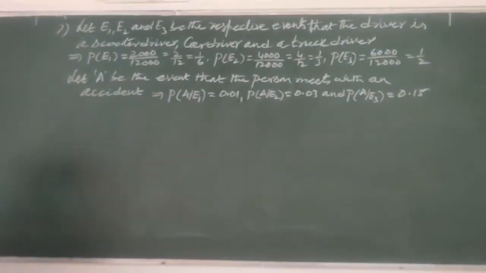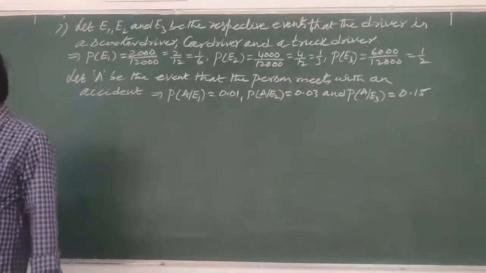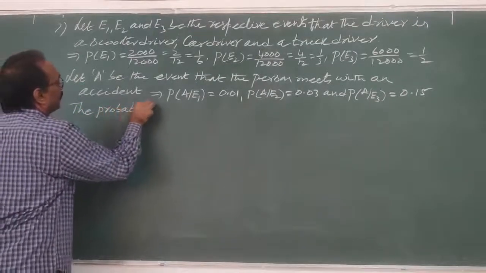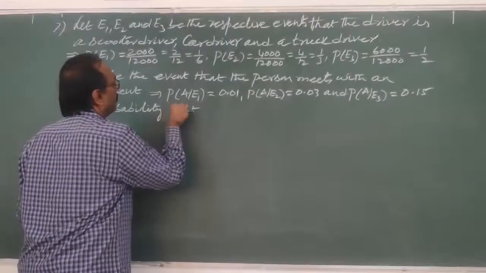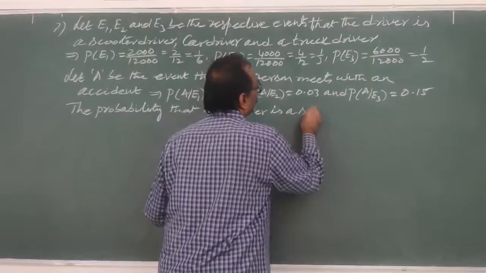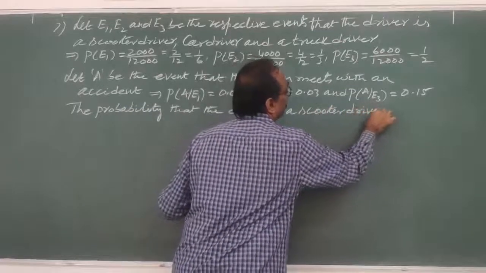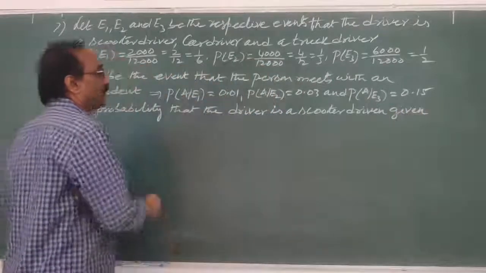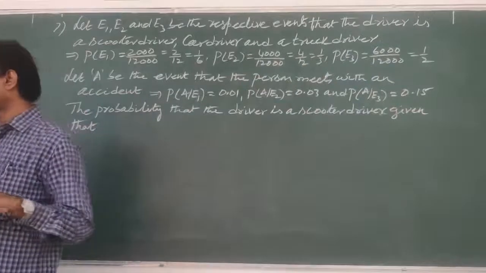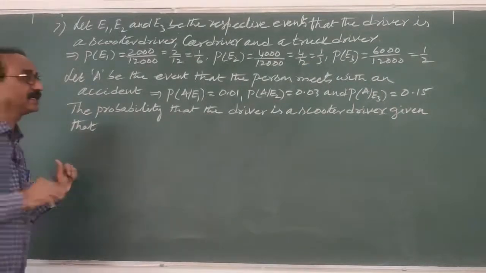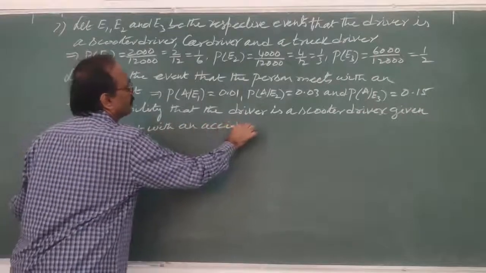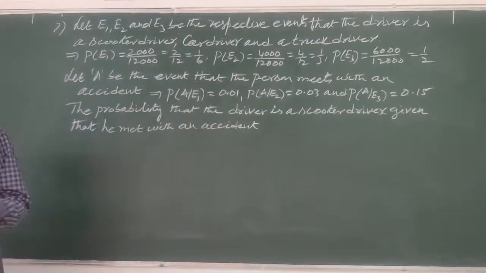So this is an important problem. Generally, so many times it is given. So now the probability that the driver is a scooter driver, given that he met with an accident, so the person who met with an accident must be a scooter driver, is given by